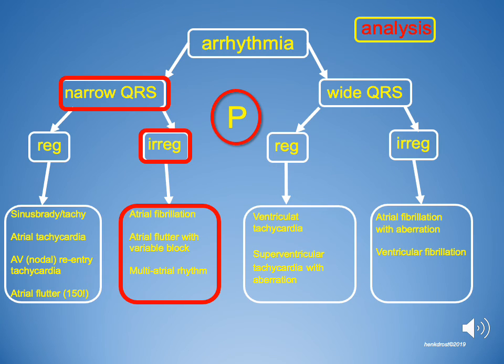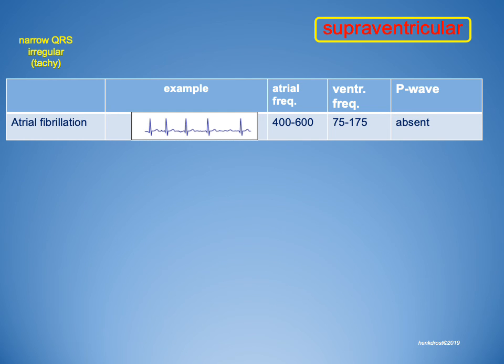Secondly, we will discuss the irregular narrow QRS arrhythmias, and we distinguish atrial fibrillation, atrial flutter with variable block, and multiform atrial rhythm. Characteristic for atrial fibrillation is a totally irregular rhythm. There is a lack of P waves. If you could see the atrial frequency, it's up to 600 beats per minute, but mostly you see only a